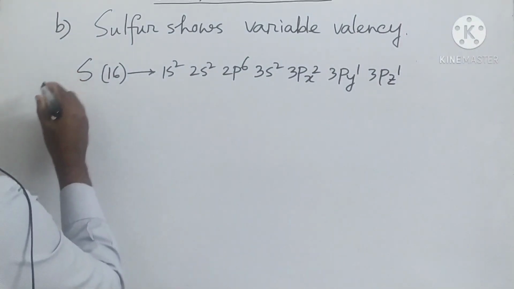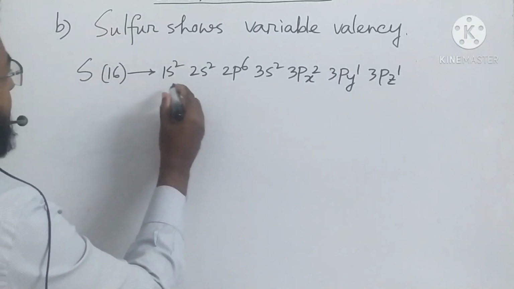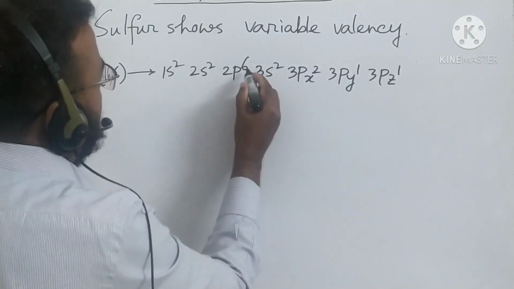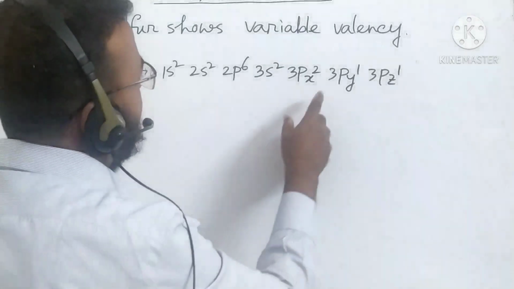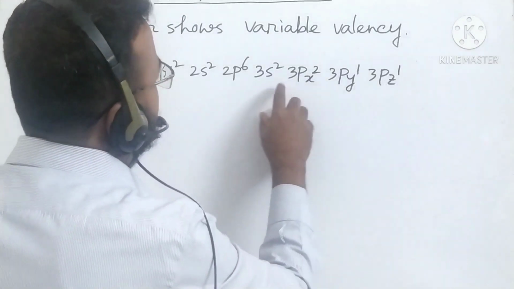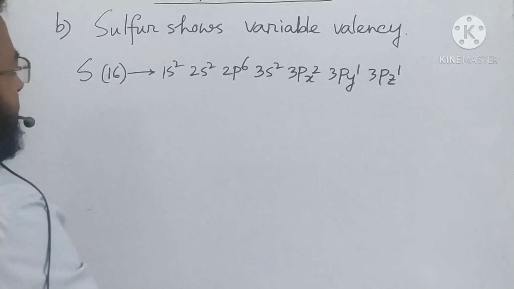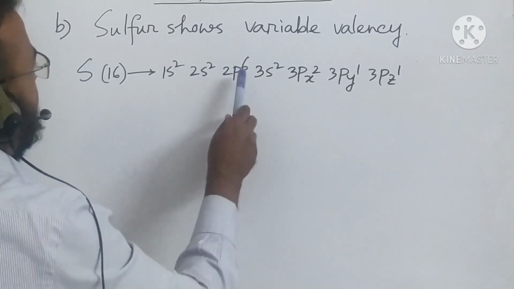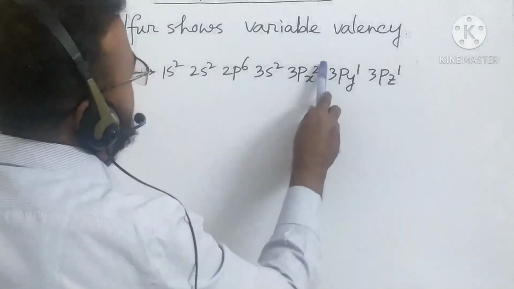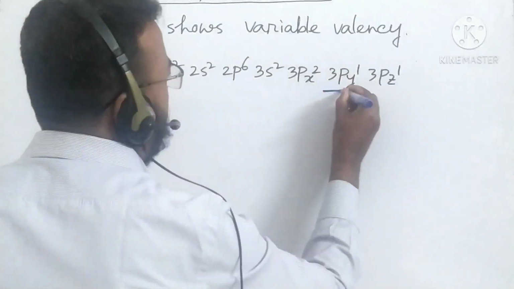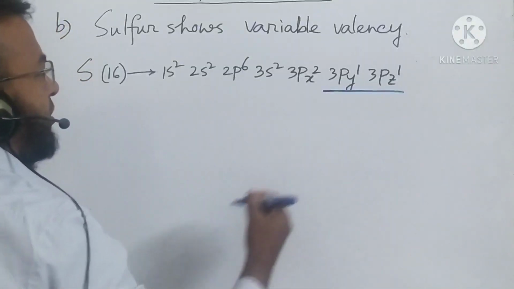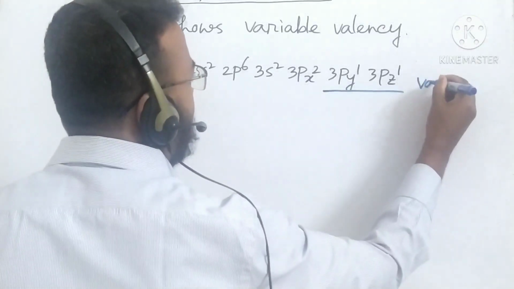Okay, at normal state, the electronic configuration of sulfur is 1s2, 2s2, 2p6, 3s2, 3p4. Now everybody see that here sulfur contains two unpaired electrons. For this reason valency is